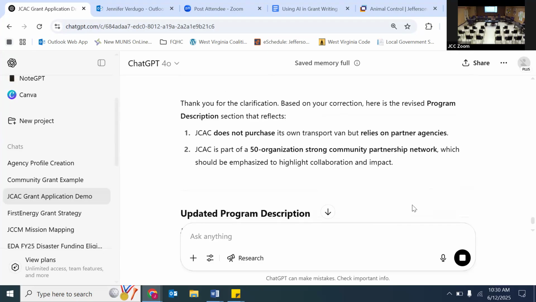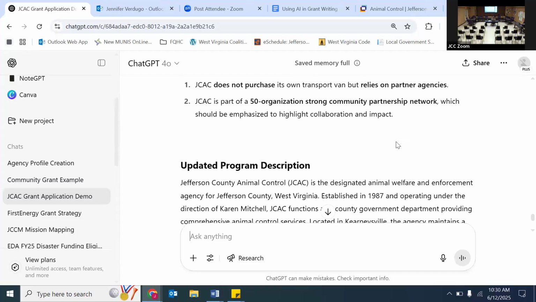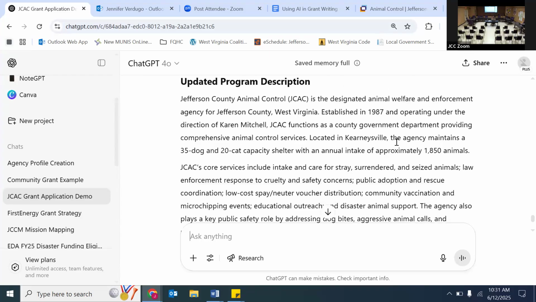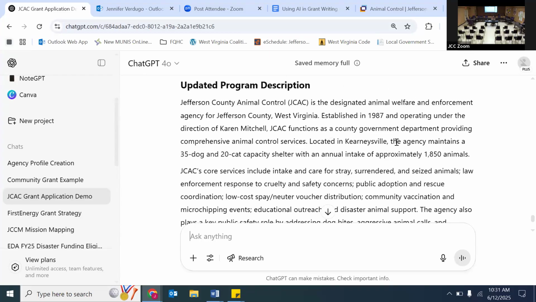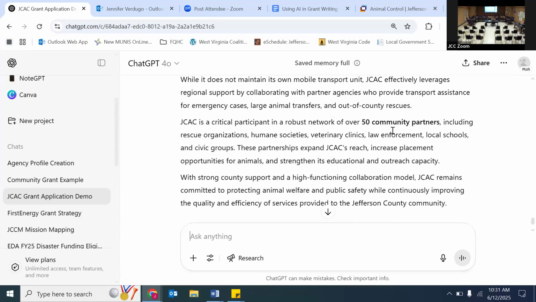Okay, so it clarifies what it understands. The Jefferson County Animal Control does not purchase its own transport van, but relies on partner agencies. They have 50 organization strong community partners. Okay, great. And then see how it immediately gave me an updated program description. Okay, and so again, you're going to want to read that to make sure it represented what you were trying to say correctly. If I find that it doesn't quite understand, I try to say, okay, what I'm trying to communicate is, and I then by backing up,